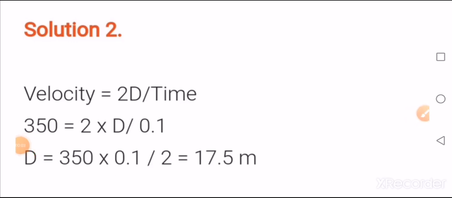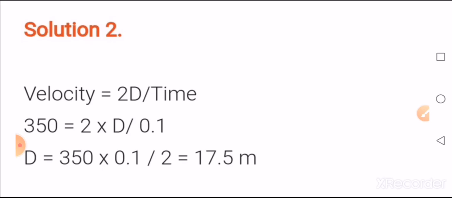Now coming to your question number 2. Calculate the minimum distance in air required between the source of sound and the obstacle to hear an echo. Now take the speed of sound in air is equal to 350 meter per second. Now this is a direct question. Velocity is given, then time period is given. Now time period, why I said it is given?